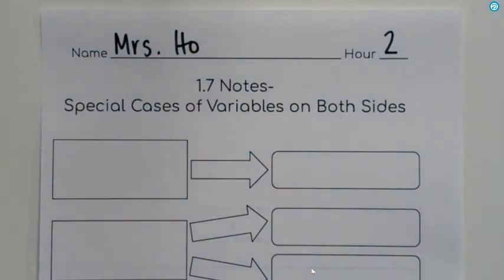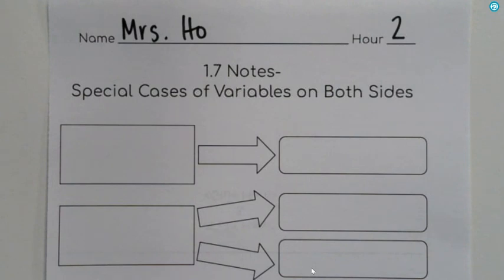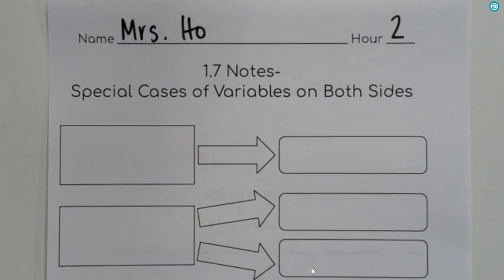Up here at the top of our notes, we have a little flow chart. We are going to fill out the flow chart as we go. I put it at the top because it's the one thing you're going to want to look back at the most, probably: what happens when these certain things happen. What's going to happen is what happened in that quick write, where your variables are going to end up disappearing. So we're going to get started just solving the equations, and then as things happen, we will add it to our flowchart. So go ahead and move down,